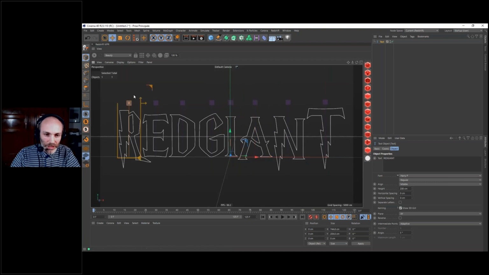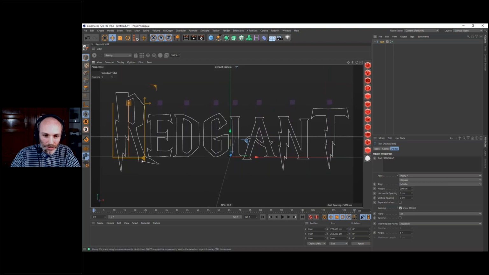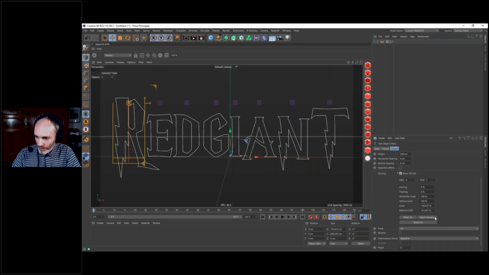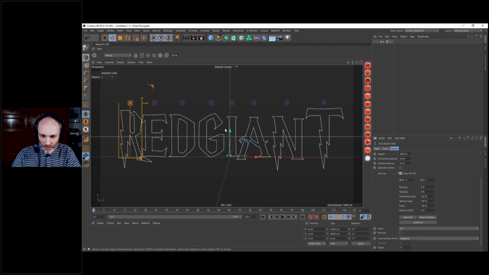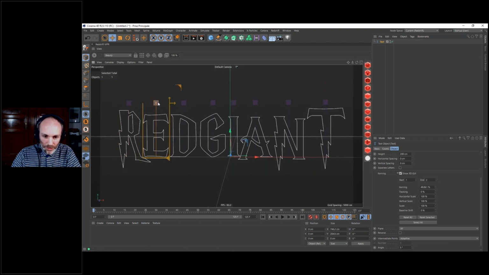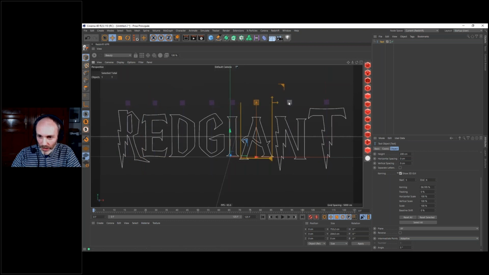For example, we could take our R, change its size, go this way and so on. So there are many options to play with this. We could even put a letter inside another and so on. It's very interesting to have those options, and many times people just forget about this button here. Because I have made a mess here, I'm just going to go back and reset all. And I'll just adjust those few letters a bit, and that will be all, I think.